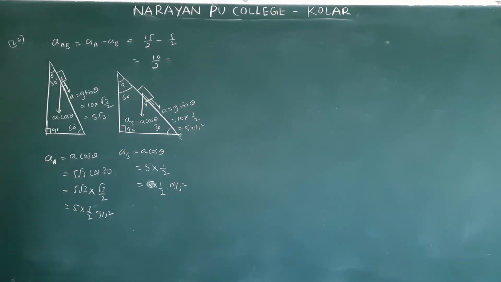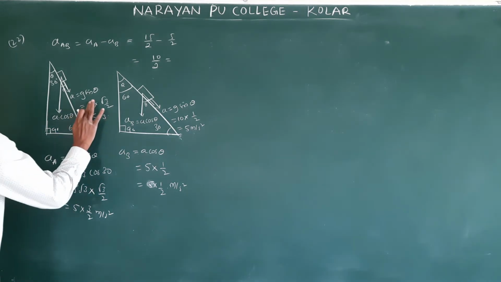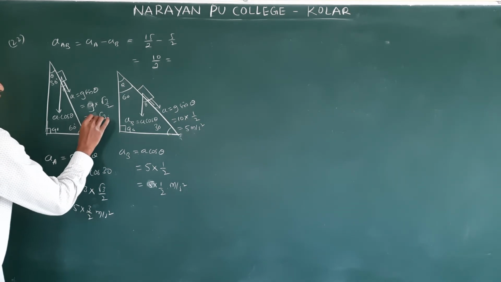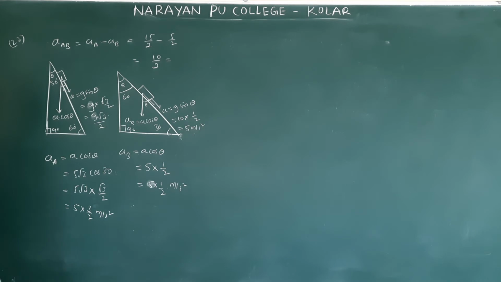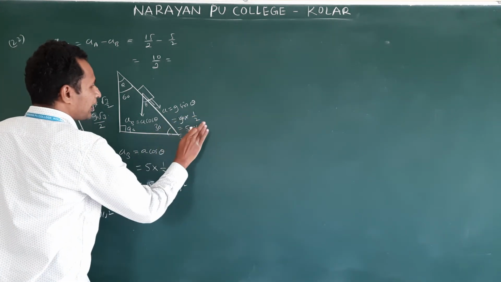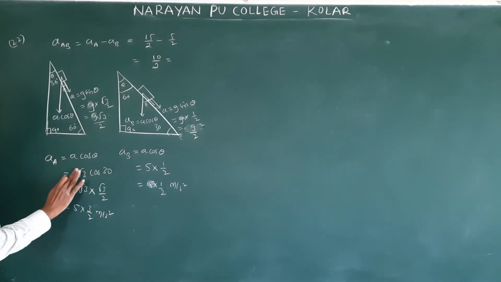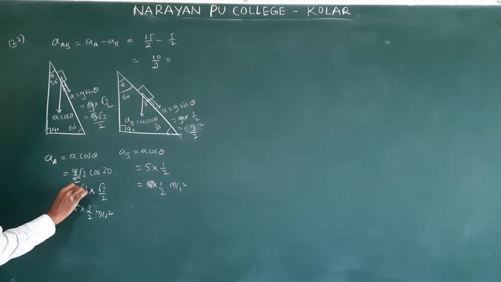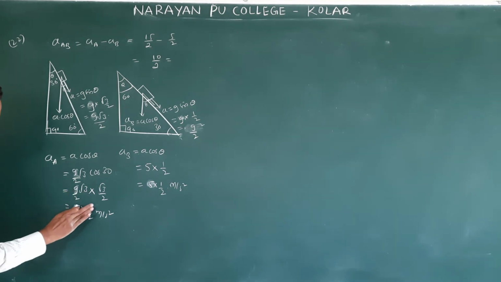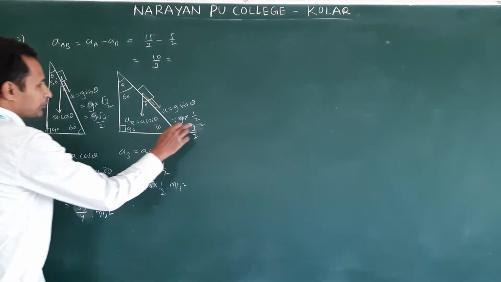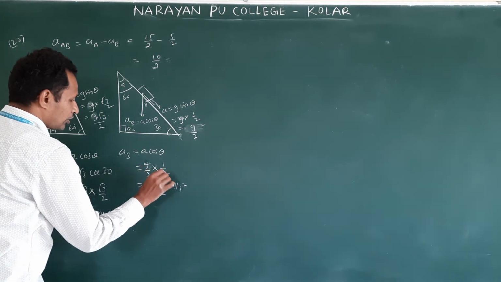Okay, we will do one thing. We will keep this g as it is, then we will come to know with clarity. Then this is g by 2, right? Here also we will do the same. Then this will be g by 2. Next, this is g by 2, right? And this is g by 2. Then what do we get? 3g by 4 we will get. Right? Here also the same, g by 2.